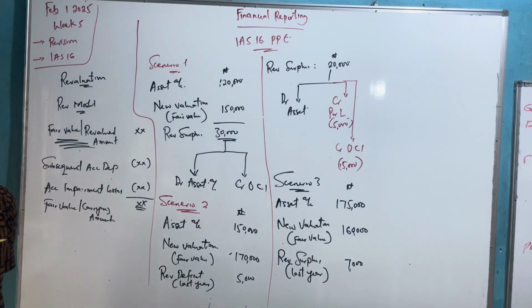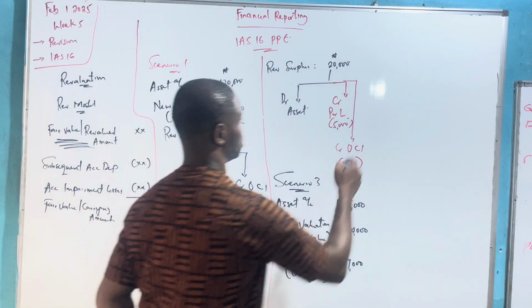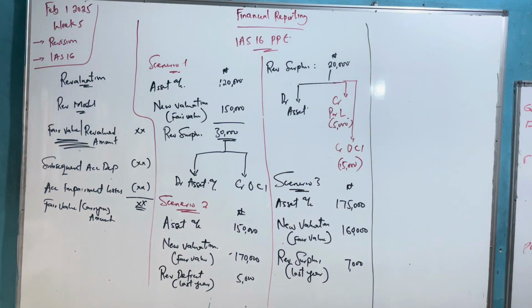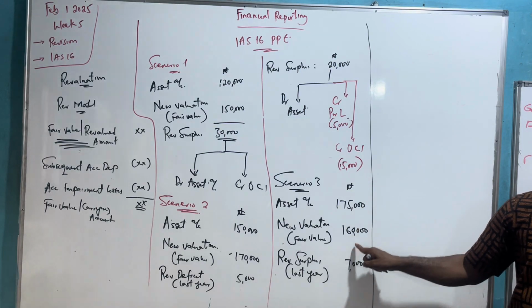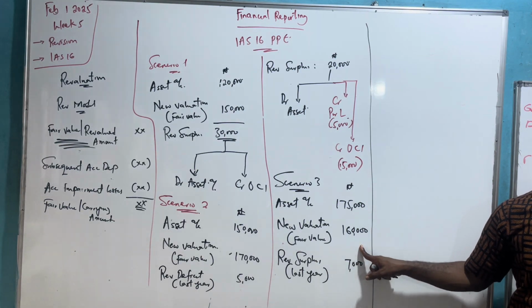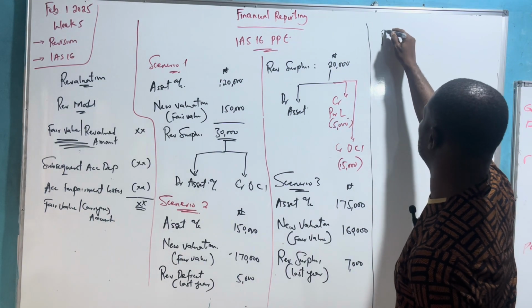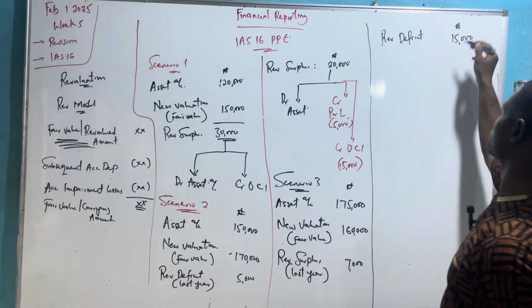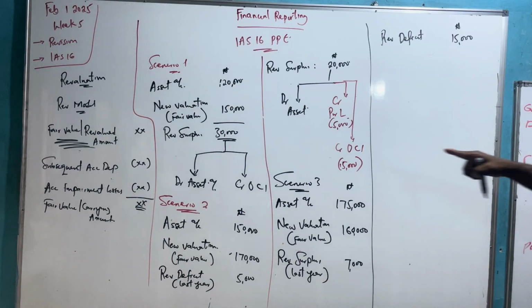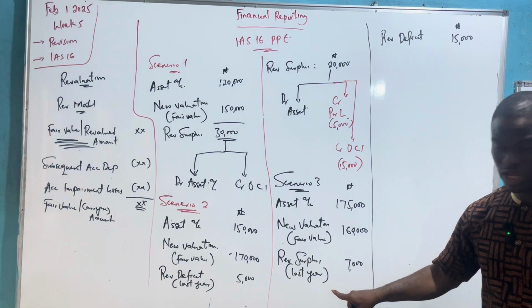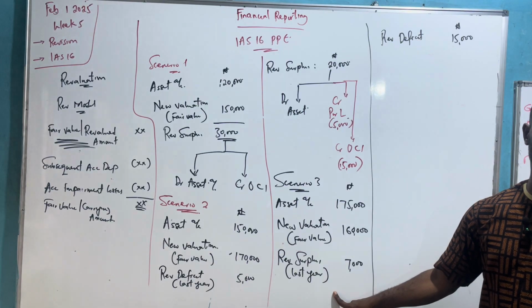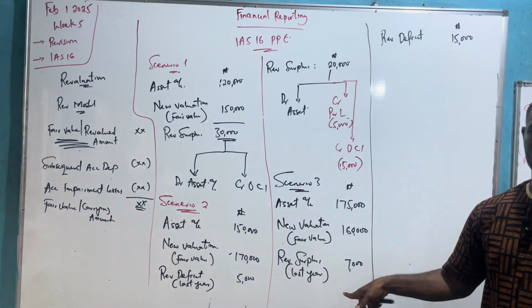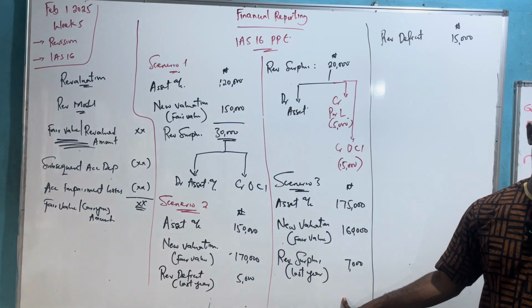So how do we deal with this? In this case first, you will see that in this year, the value of our assets has gone south, right? It has gone down. That means we are having a revaluation deficit of how much? Of 15,000. But unlike the hypothetical example that I didn't write on the board, where we took the entire deficit to P&L, in this case, in previous year on the same asset, we had a surplus of 7,000 on the same asset. That means that we have to go and net off that surplus in OCI first